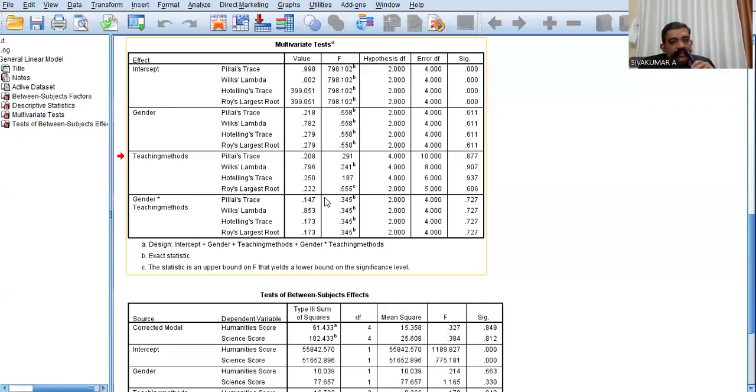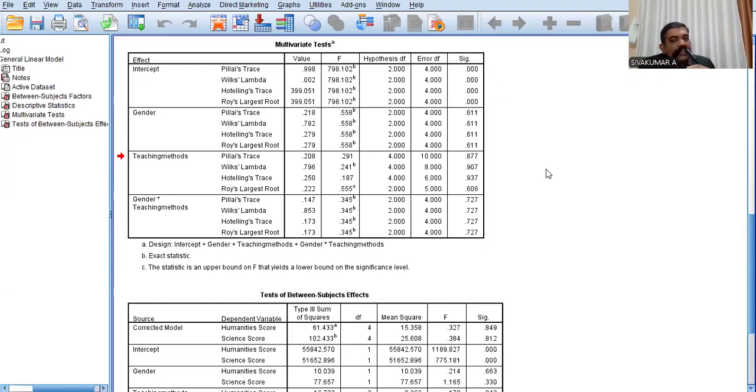Please see the gender versus teacher methods and see the SIG value. Here the SIG value is 0.727. That SIG value is known as P value. That P value is greater than 0.05, so the researcher cannot reject the null hypothesis.